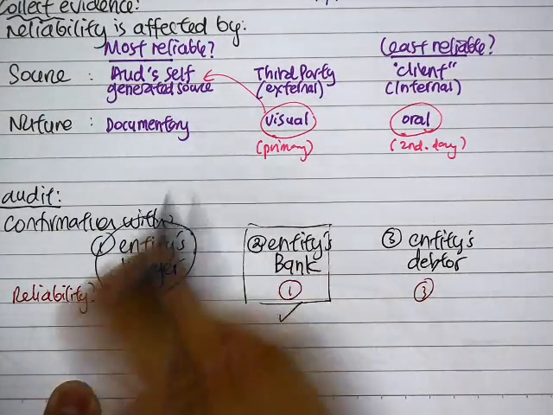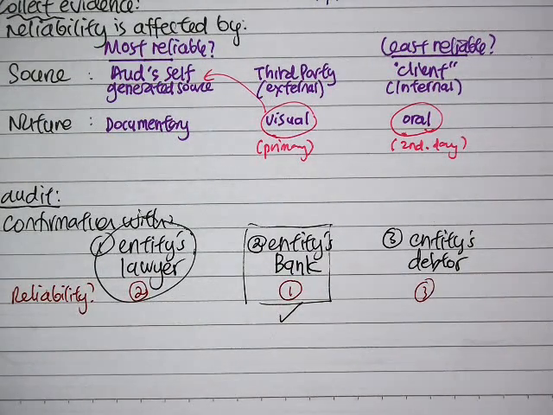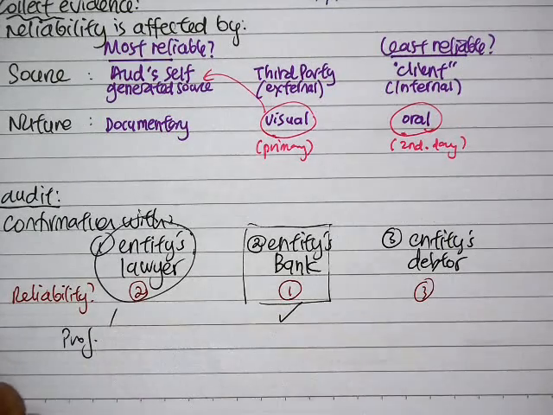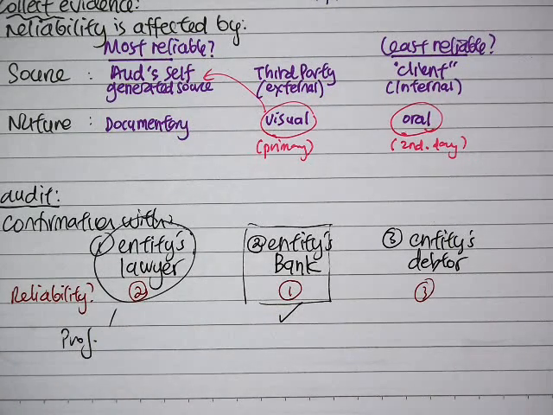Now why is lawyer better than the debtor? Now you just say lawyer is professional. Okay, lawyer is professional. So what makes the difference between a professional and not a professional? Since you say lawyer is professional, you must know the reason. So what's the difference? Professional got what? You don't know what is professional. You give me an answer, but you don't know the answer. Professional got